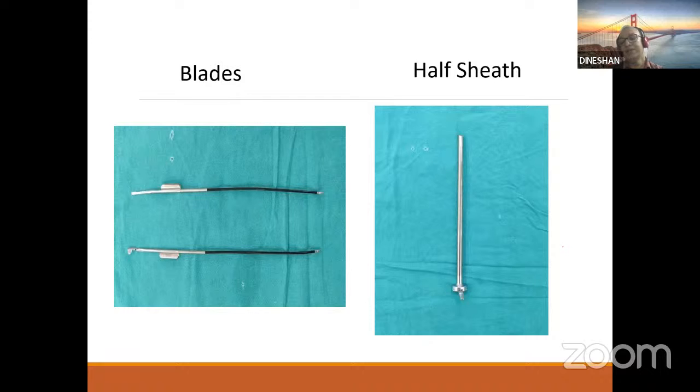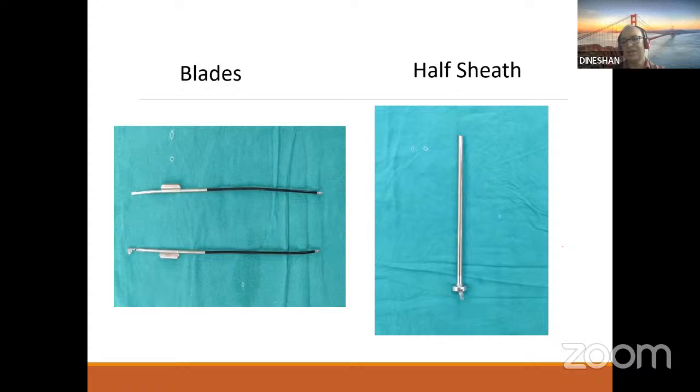Posteriorly, the spongiosa is very thin, so you can get extravasation also. Technically, posterior cutting is also difficult, so it should always be done at 12 o'clock.